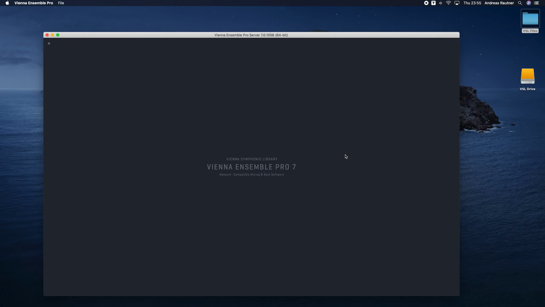Apple has decided to part with 32-bit development, which is why this option has been removed from our software. And just for the record, the big advantage of 64-bit software is that you can load as much RAM as you have physically available on your computer, whereas the RAM limit in a 32-bit environment is around 3 GB.